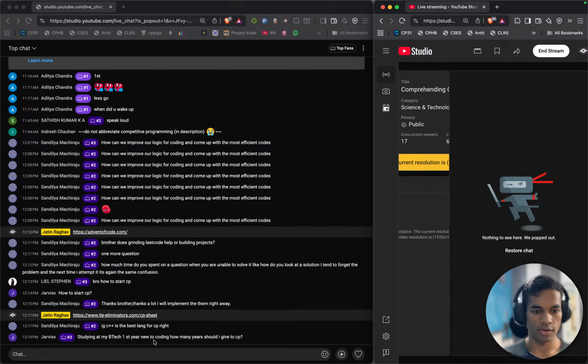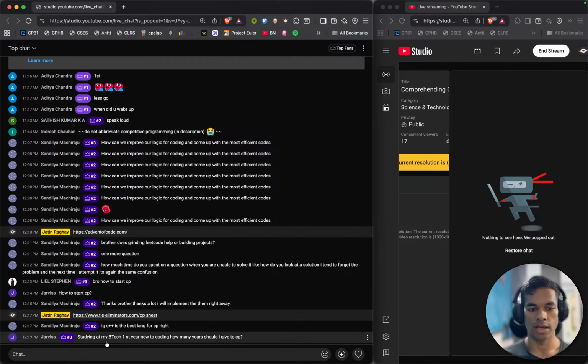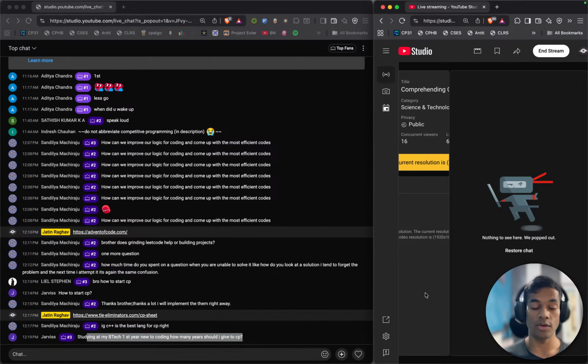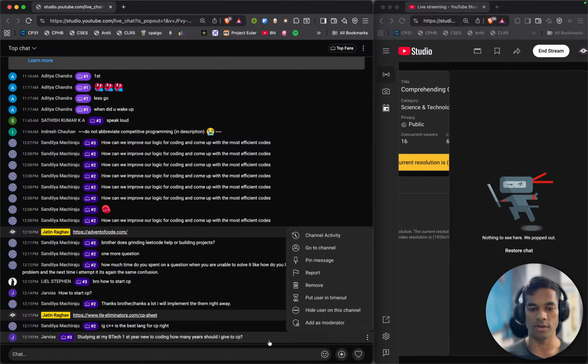Studying at my BTech first year, new to coding, how many years should I give to CP? When you start CP, you do not stop competitive programming. If you have gotten really good at CP, you are not going to leave competitive programming. That is one thing. And if you are talking about actively studying,